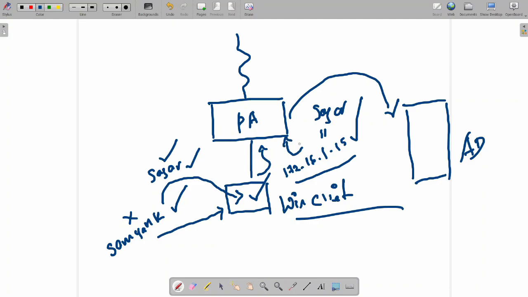Within the firewall we can put user-based policies. We can put a policy that user Sagar has internet access, but user Samyang does not have internet access. Let's say in the evening Samyang logs into this machine. That security log is updated in the Active Directory, because the user is logging into the domain. These two users are domain users. Since the Active Directory has the information that on machine 172.16.1.15 the user Samyang has logged in,